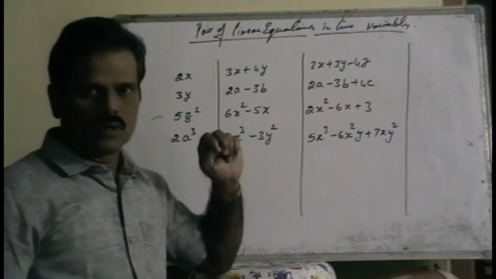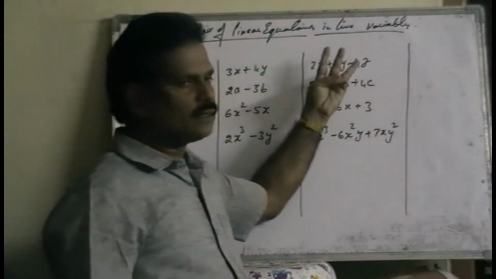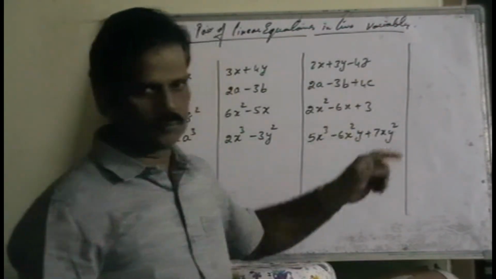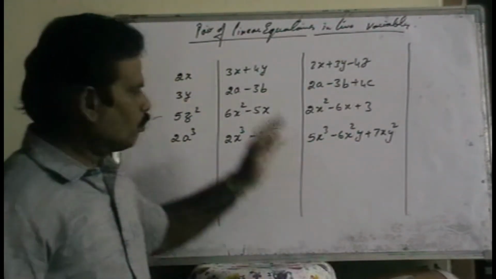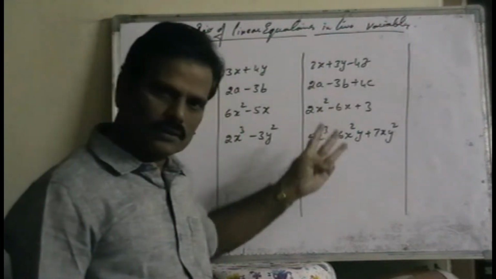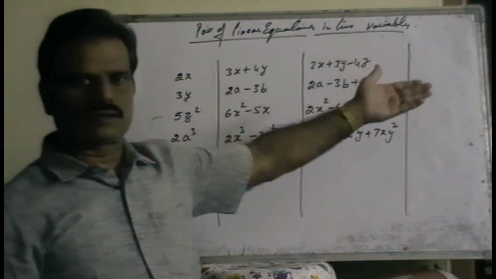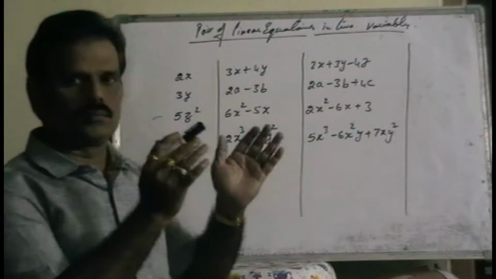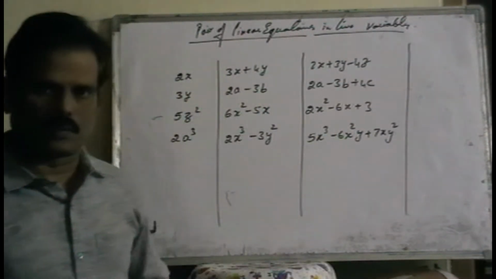Bi means two. Mono, one; bi, two. Next, tri, three terms. Each and every expression that consists of three terms, these are trinomials. Monomial, one term; binomial, two terms; trinomial, three terms, right? If there are more terms, not only more than three, but some group of terms, it is called a polynomial. That is one of the chapters, right?